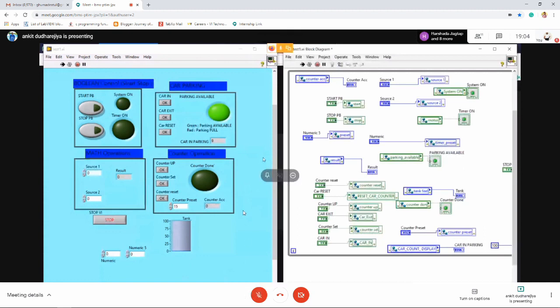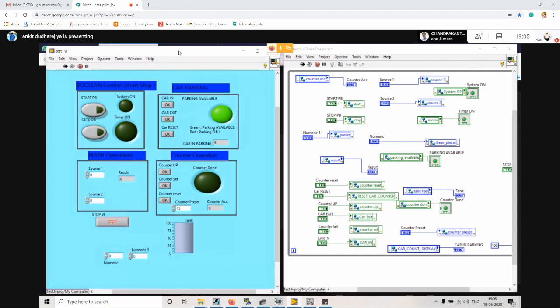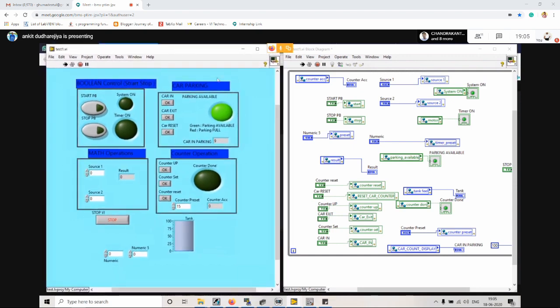So I created this VI, which I'm showing you right now, and later we will see how we can do this with the help of a PLC and using an OPC server. How we can control our PLC tags, or you can say your process, using LabVIEW also. Right now in the industrial automation field, we use SCADA software to monitor and control the process. But as I said, my aim in joining this LabVIEW session was to integrate that with LabVIEW. So for that, I did a little bit of work, and I created this VI